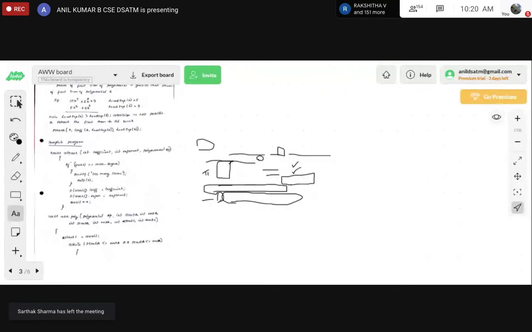Analyze and tell me. If you want to code a complete program here, what are the different functions required?